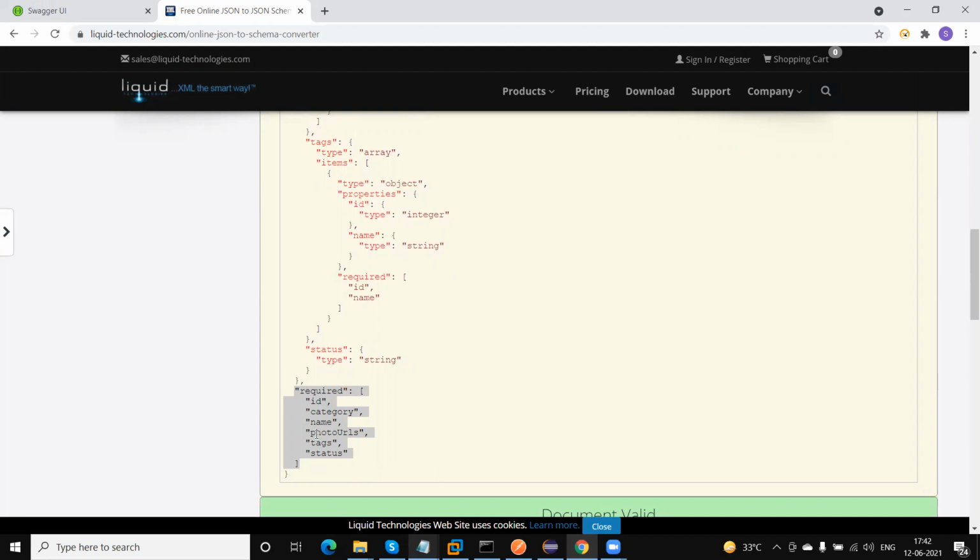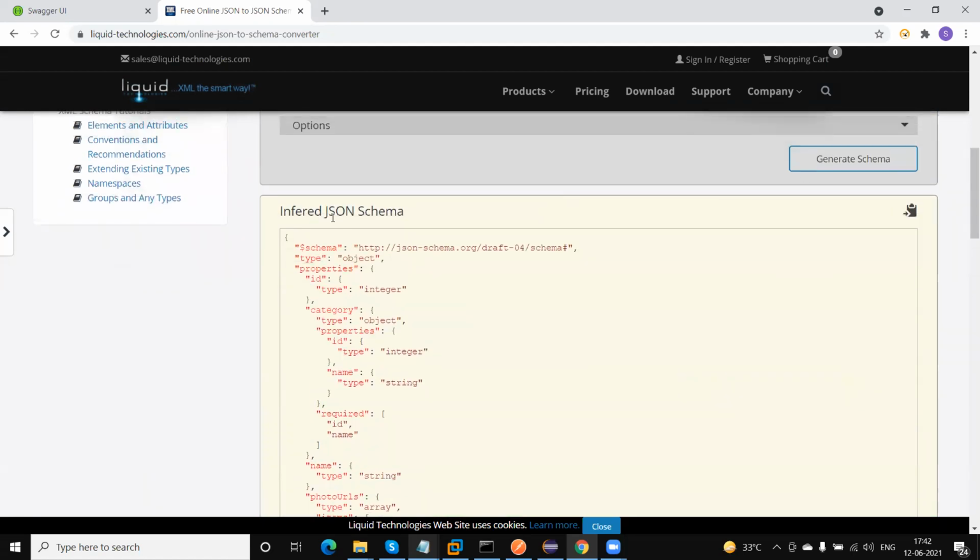The best way is to get these details from the developers or from the clients, who will provide the JSON schema, and accordingly we will validate, because we are not sure which fields are mandatory. Here we are converting from the existing response, so we are not sure which field is mandatory. If we get it from the client or developers, that will be good and useful.